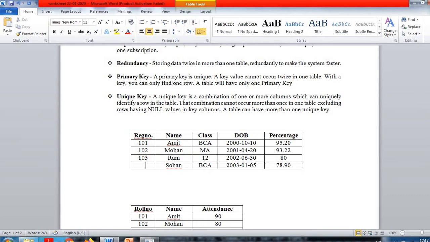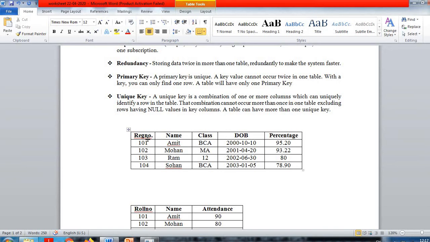Zero cannot be called null, but if I mention null here, it is not allowed. There should be some value here. Okay. And the next term is unique key.